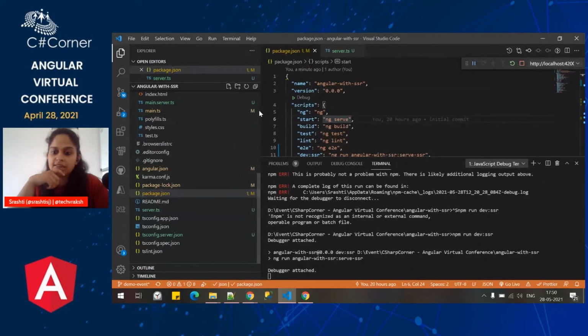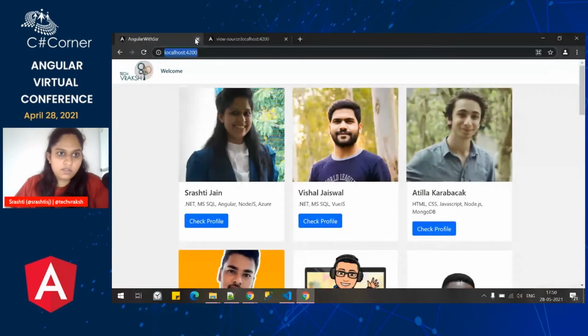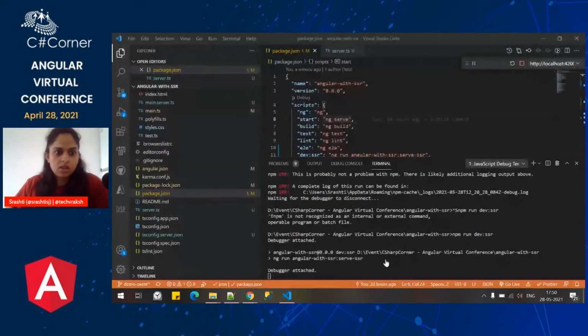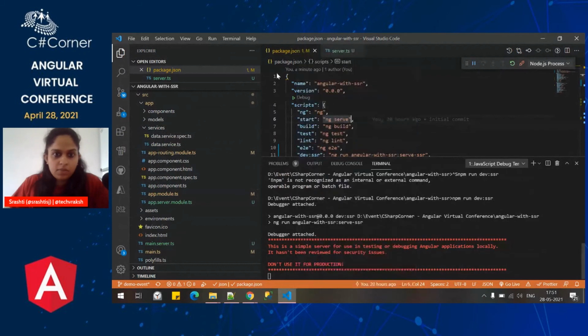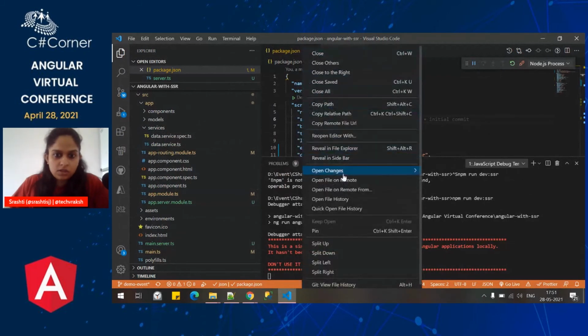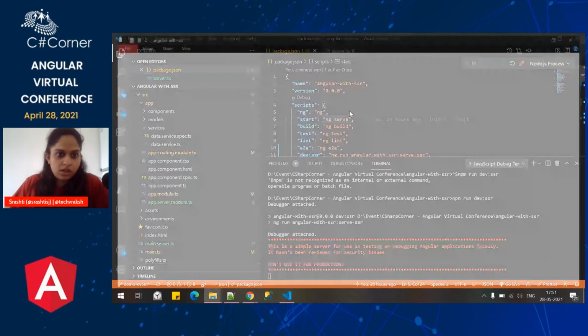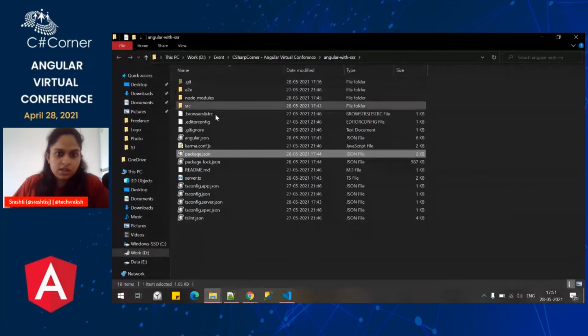Yeah, it is taking some time. After it is loaded, we will see the changes. We will wait for our application, go to Explorer, and there will be a dist folder. So we will wait for the dist folder to come in.